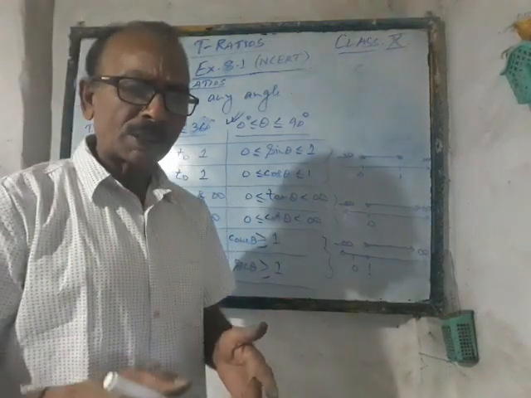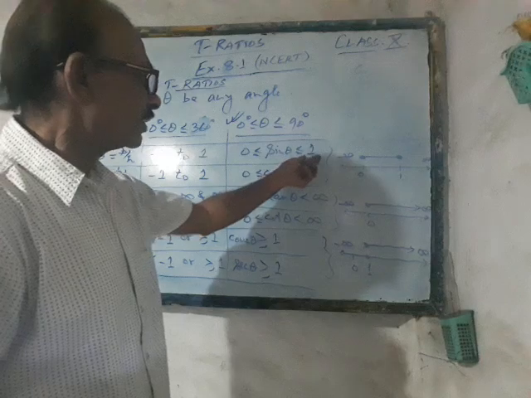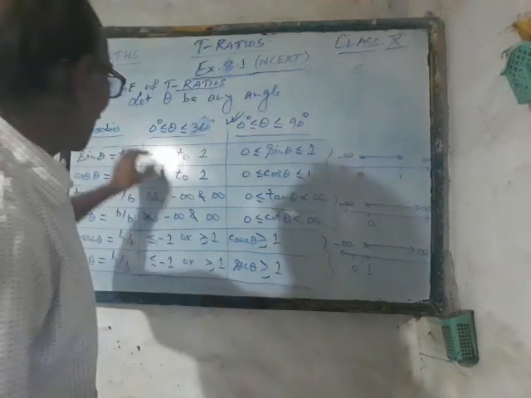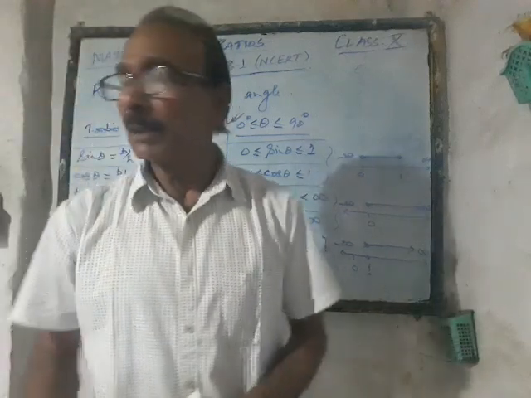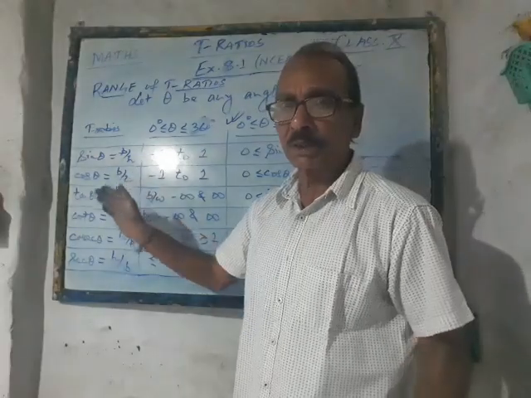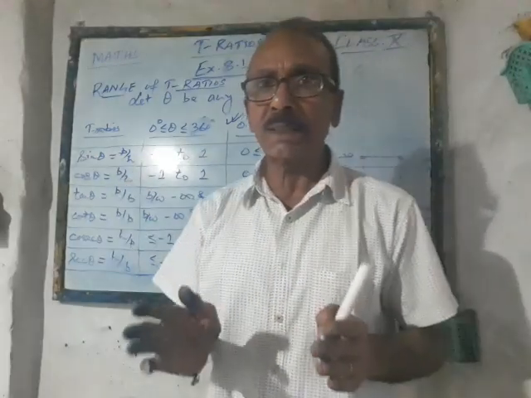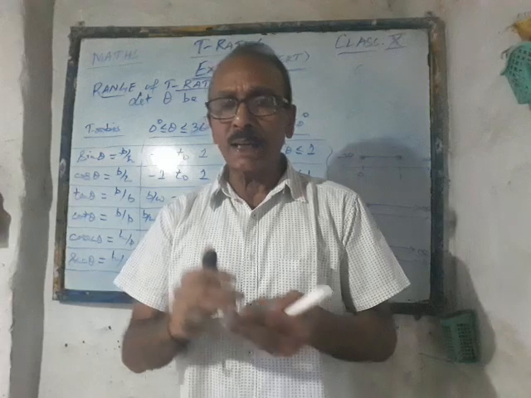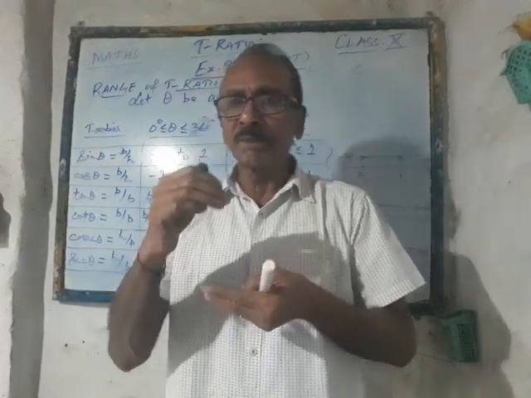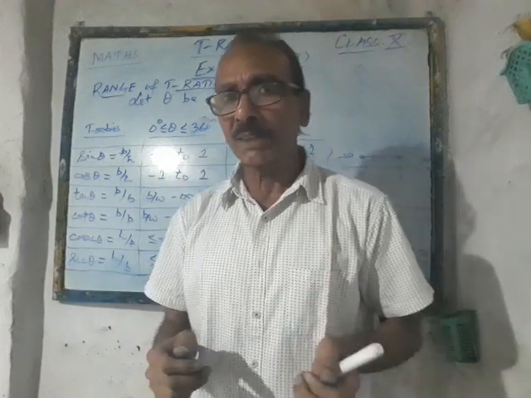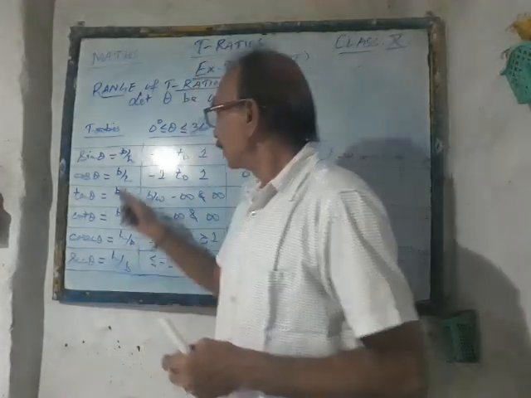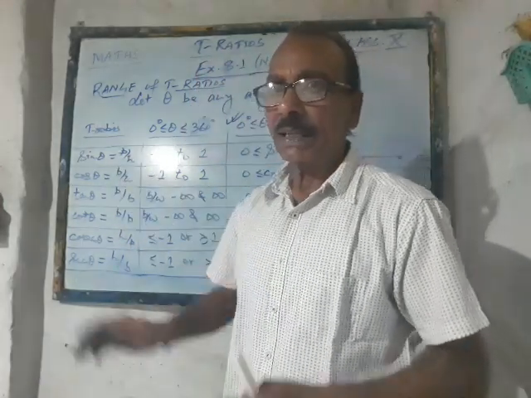Now just try to understand how you could say that the maximum value of sine and cos cannot exceed 1. In fact, sine and cos, both of them are the ratio of what? Perpendicular and hypotenuse, and base and hypotenuse. And since hypotenuse is larger than the perpendicular as well as the base, and you know very well that when the numerator is smaller than the denominator, that means a smaller number is divided by a larger number, the value cannot exceed 1. So the value of sine and cos cannot exceed 1.